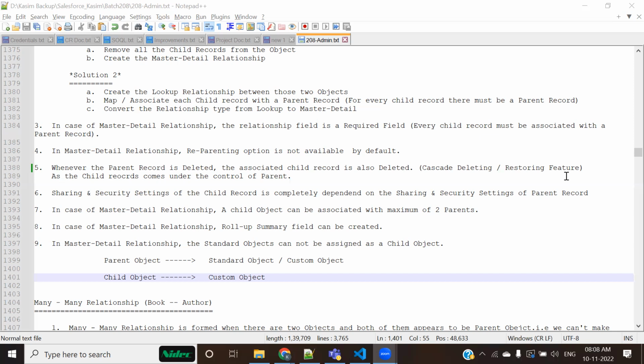So when somebody asks you to create a relationship and you have to decide, what would be the parameters based on which we are going to take this decision, that here we need a lookup or here we need a master detail. There are some important points on which we are going to take this decision. Now let's discuss them, and you will not find this anywhere else, only here.